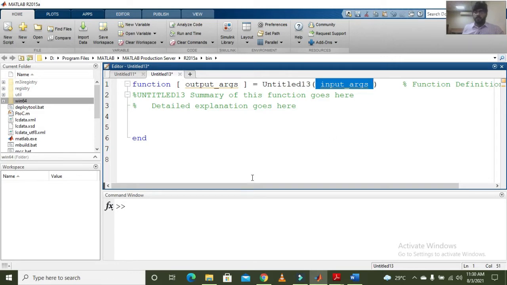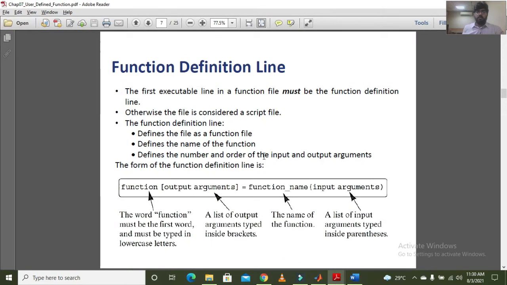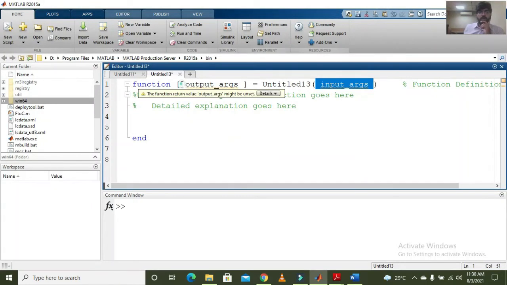So whatever the output arguments are, you define them over here, and whatever the input arguments are, you define them over here.